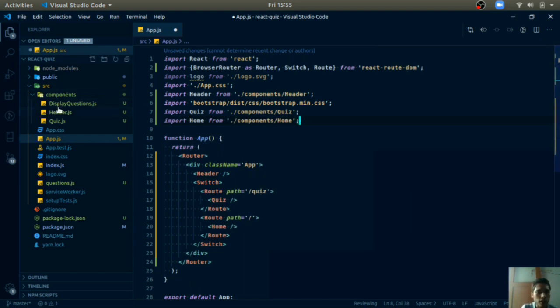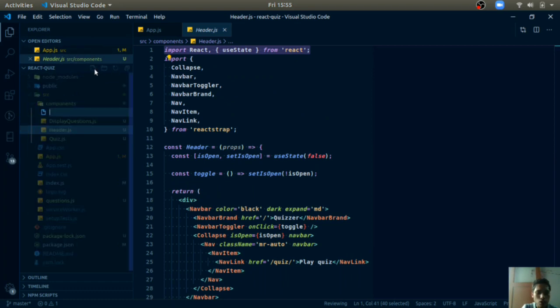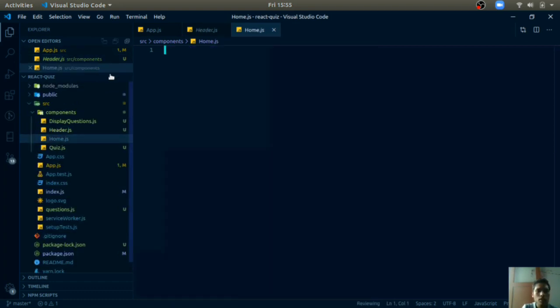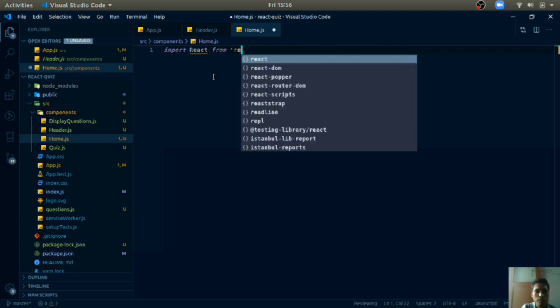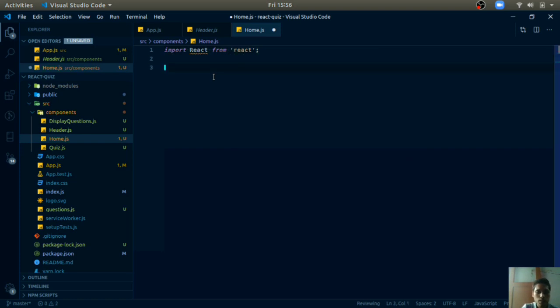We will create this file, create a file home.js, and inside it import React. It will be a simple component, just a functional component. Import React from React, and we will write function Home, props. Actually no props are there, still you can write props.